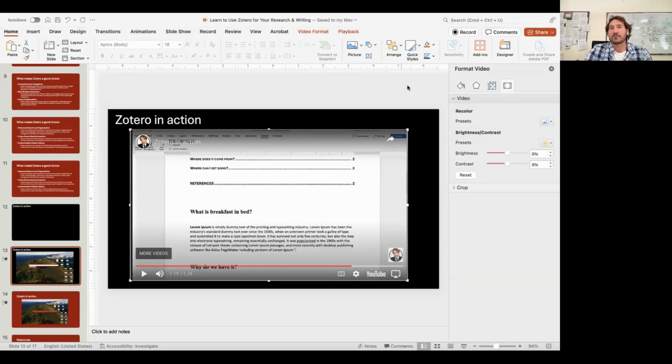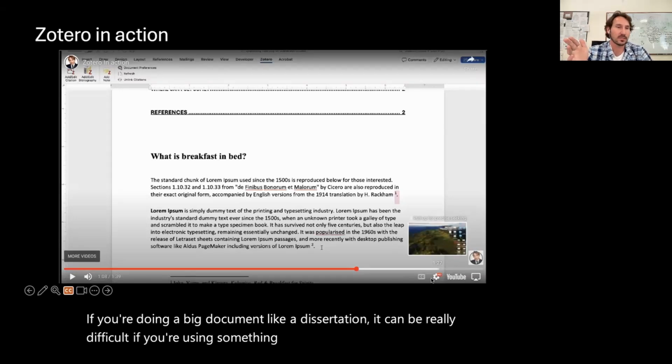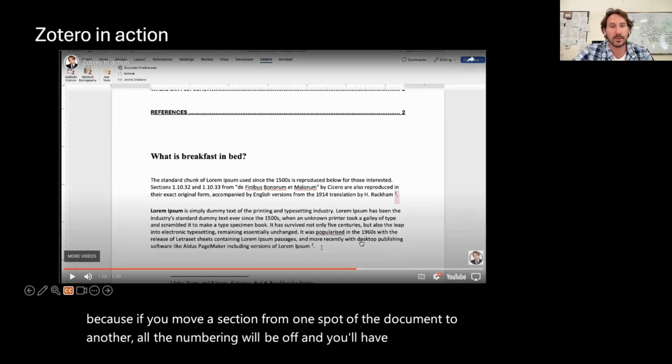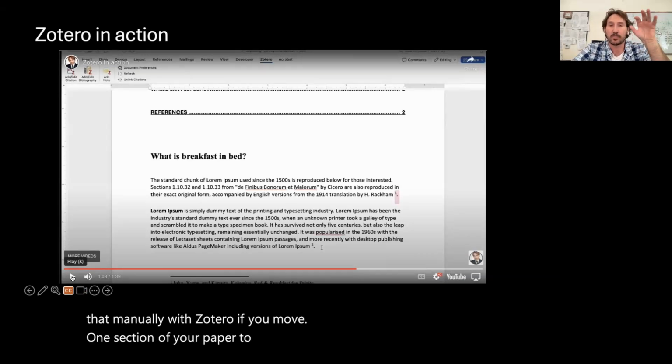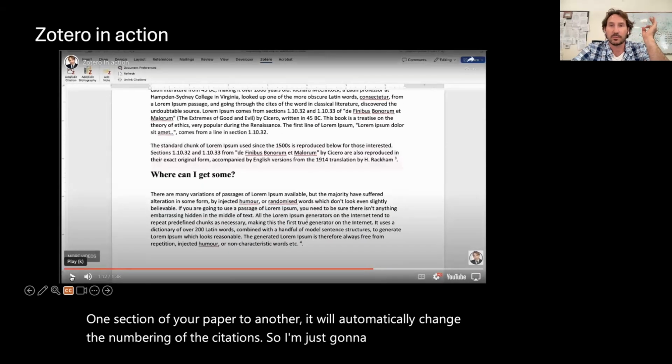So a dissertation is a very big document. You're going to have a big literature document like a dissertation. It can be really difficult if you're using something like a numbered citation style, because if you move a section from one spot of the document to another, all the numbering will be off and you'll have to go correct that manually. With Zotero, if you move one section of your paper to another, it will automatically change the numbering of the citations. So I'm just going to pull citation number 3 here